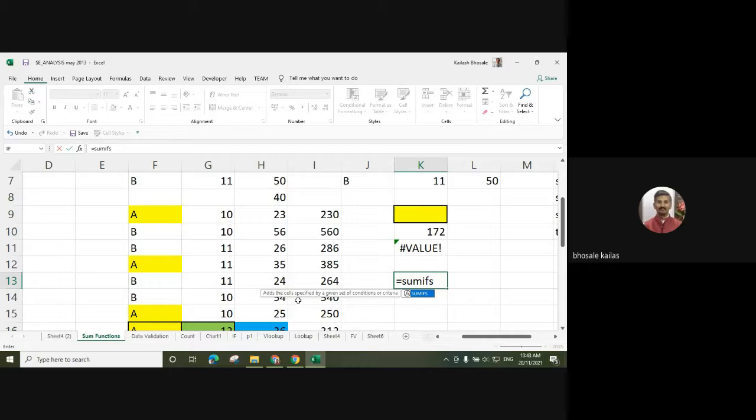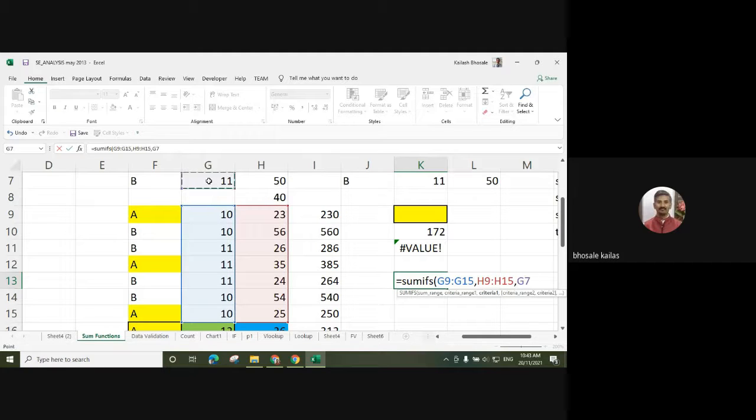Add the cells specified by a given set of conditions or criteria. So here we can use different sets of conditions. Sum range, this is the summation range. Criteria range is this one. What is your criteria? I want to make the addition of all these numbers where the value is 11.